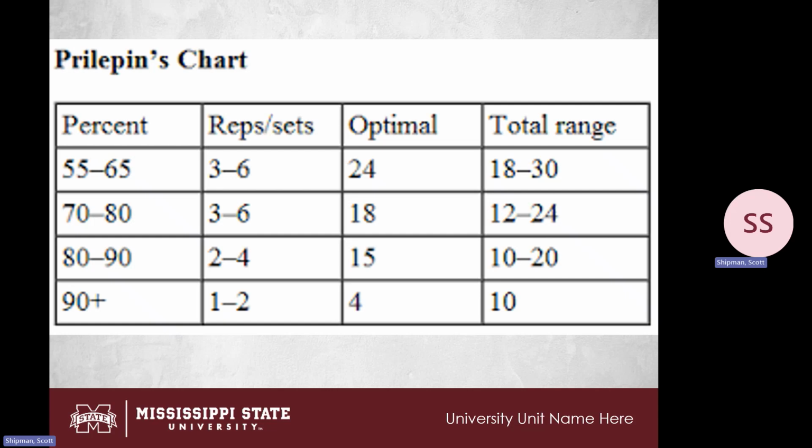This is the Prilepin chart. If you're going with a percentage-based program, I always love to go back and look at this chart. Again, it's hard to explain without me being here in person, so any questions or concerns, feel free to come over to the baseball weight room. It's a great way to look at a percentage in that far left column, reps per set in the second column from the left, the optimal total number of reps that could be done on the day, and then the range it should fall into, low end volume to high end volume, for the percentage you're training at. If you have any questions, Victor or myself can answer those regarding that chart.